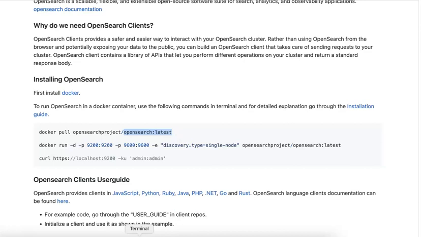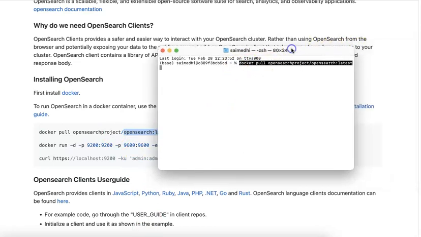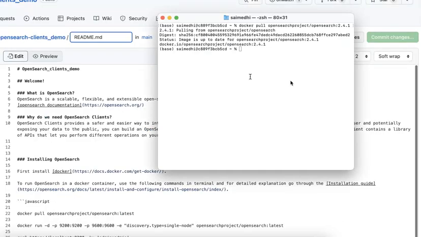So let me show you how to do this. I'm assuming you have your Docker set up. Open the terminal and then enter this code, and in place of latest, enter the version number that you want to use. It may be 2.4.1 in my case. So as you can see here, now I have the OpenSearch 2.4.1 image, and now